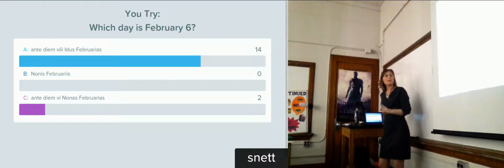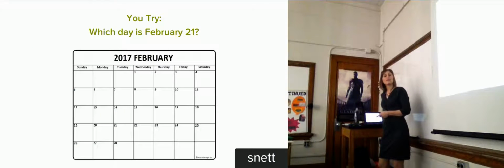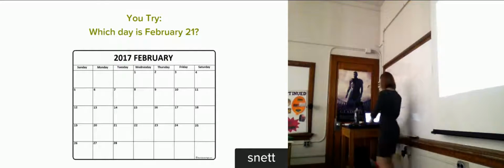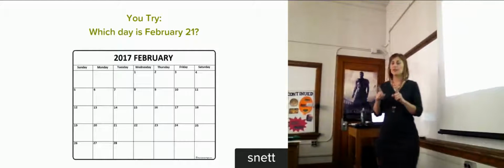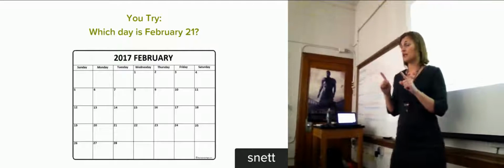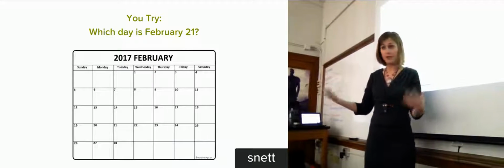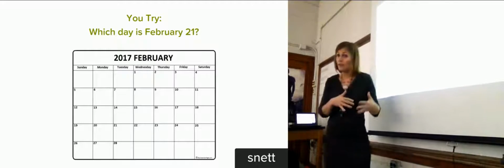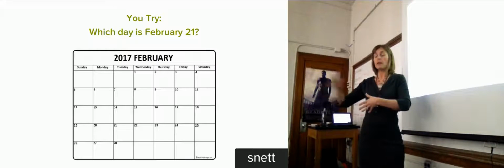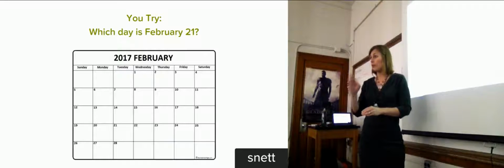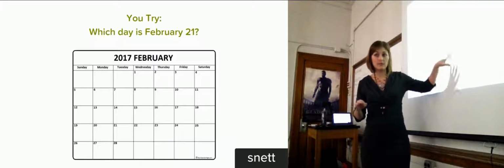Okay, you've had a couple of multiple choice opportunities, and now you get to write it in. February 21st. Wait, before you start your calculation, are we all collectively on this question going to use the Roman February or the American February? Roman, awesome. So use the Roman February, which is different from this grid.